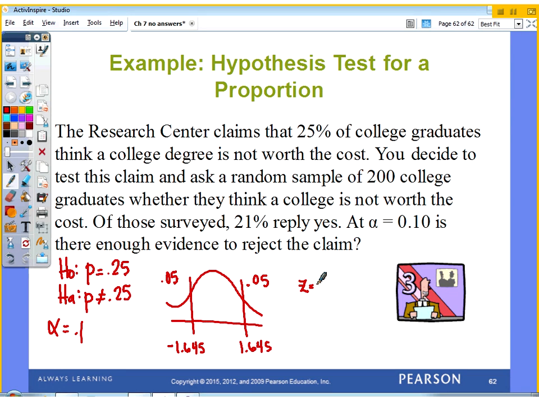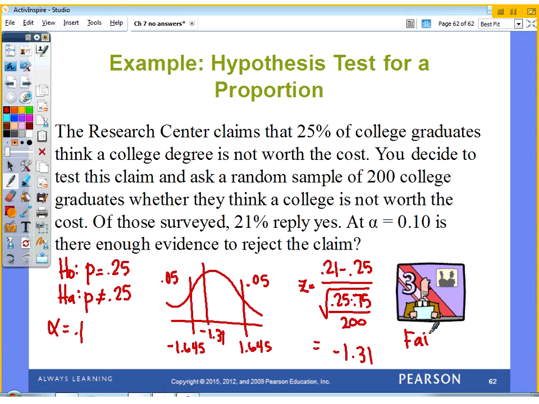Now, using your test statistic formula, take your p hat minus your p, divided by the square root of p times q over your sample size. And when you calculate that, you're going to get a negative 1.31. Now, putting that on the graph, it falls in between your two critical values. So that tells us we failed to reject